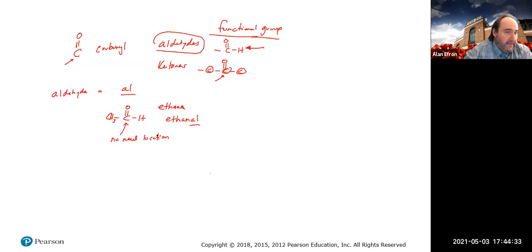What I mean by that is, when we have double bonds or triple bonds, or an OH group, we typically need to give the location of where those are. Here you do not have to do it regardless of how many carbons, because it always should really be at the end. With that being said, though, when you do go about and number them,